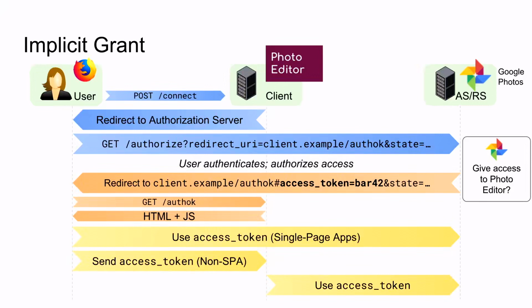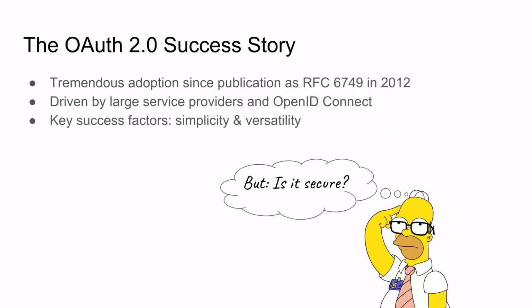So this is the implicit grant. So who uses OAuth? Well, almost everybody does. It's everywhere nowadays. It was standardized in 2012 by the IETF in RFC 6749 and RFC 6750. And since then, we've seen a tremendous adoption across the industry for authorization and also for authentication,